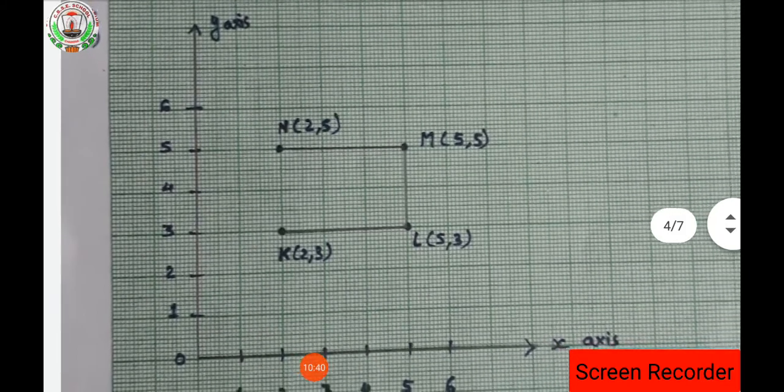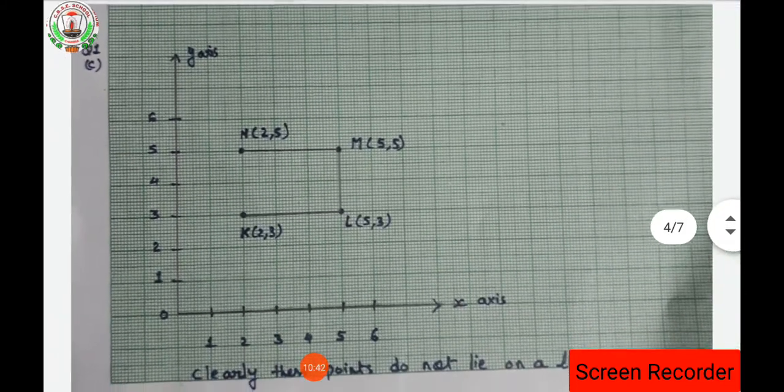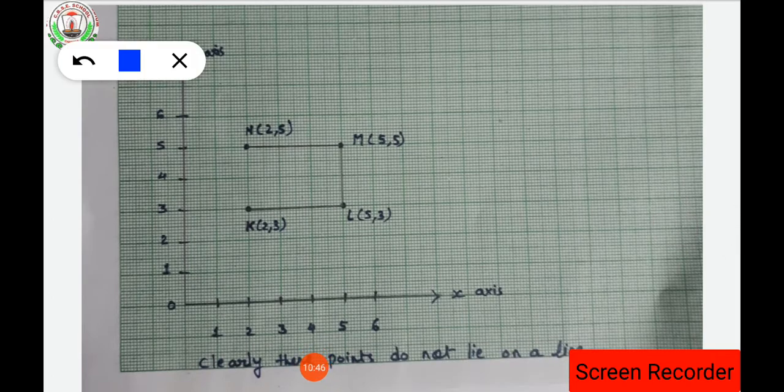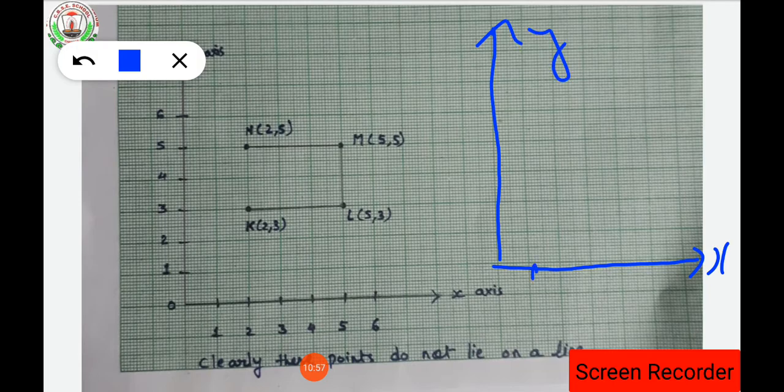In the C part of the question, again we have to draw a graph. For that graph, again just look out. We are having the x-axis and here we are having the y-axis. So here is the x-axis, here is the y-axis. Now mark the point. In one box you have to mark the point. Clear? Here 0, then here again 1, 2, 3, 4, like this. As I had marked on this graph, in the same way you have to mark it over here.